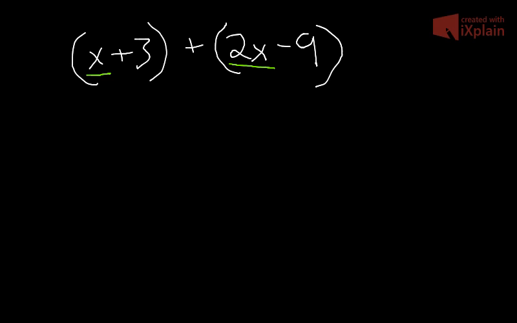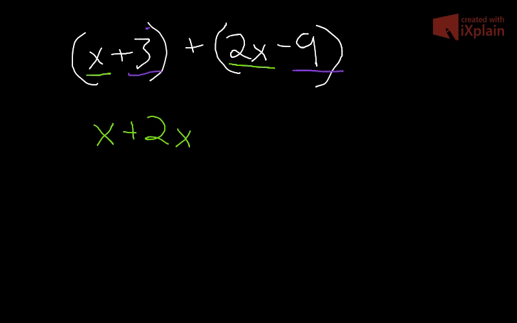So we have the x terms, and then we have the constant terms, so 3 and 9, and that's technically a negative 9 if you were to convert that to plus a negative 9 instead of minus 9, which we will do. If it's helpful, you might want to rewrite everything out using just your commutative and associative properties of addition. Since this is all just addition and subtraction, things can be reordered and it doesn't matter, at least for this type of problem. So x plus 2x,